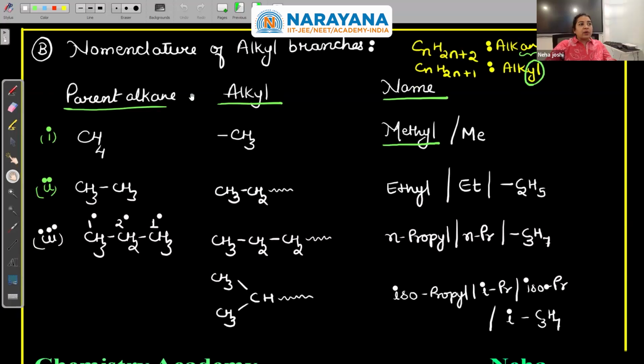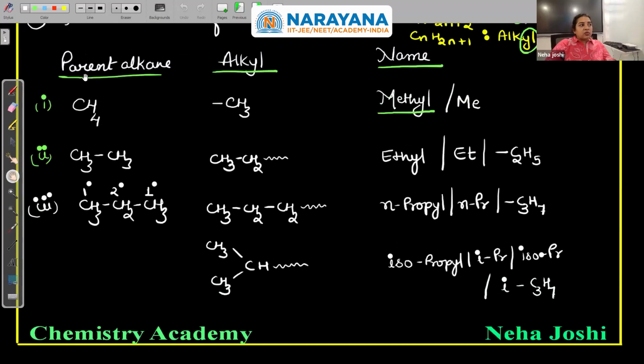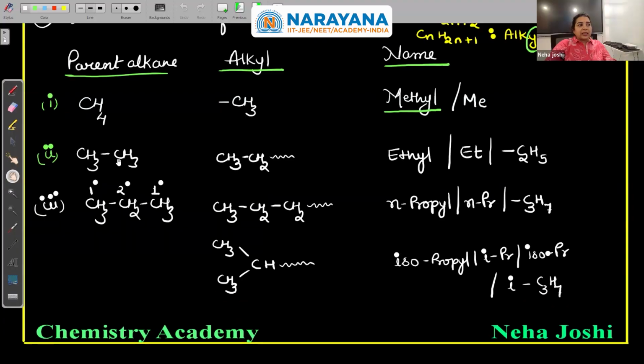Alkyl groups are named by using the original alkane. For example, if I have a CH3, what is the alkane? Methane. Remove ane and add yl, Y-L. Okay, that is methyl, or alkyl. That is how you get the alkyls. So from every alkane we have practiced what alkyl. Methane, I get methyl. Ethane, I get ethyl.